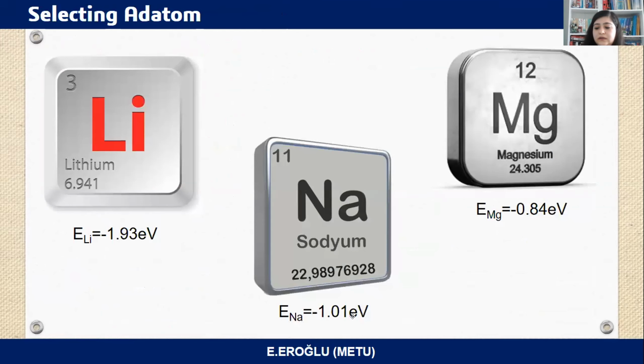After the studies of pure boron carbide, to increase the efficiency of hydrogen storage capacity, we decided to add metal atoms on the layer. So we added lithium, magnesium, sodium, and calcium atoms on the system. And we calculated the metal binding energy, as you see in the values for lithium, magnesium, and sodium atoms. As a result, we found that the binding energy of calcium metal is lower than the others. So we prefer the calcium metal for our system.